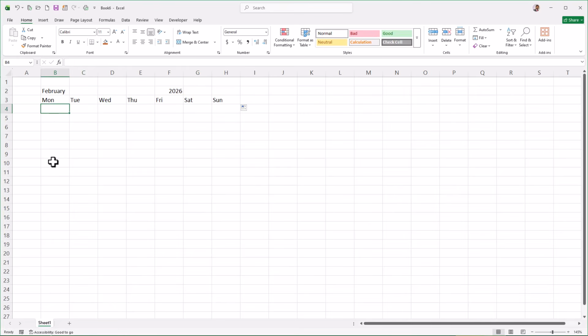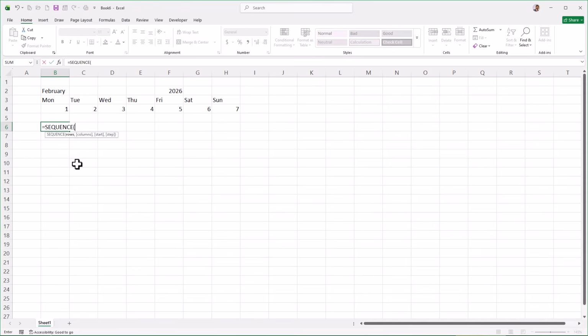Now, select the cell directly below Monday and enter the formula, equals SEQUENCE, open parenthesis, 1 for rows, comma, 7 for columns, close the parenthesis, and press Enter. Excel will automatically generate the numbers from 1 to 7. Now move to cell B6 and enter the formula, equals SEQUENCE, open parenthesis, 1 for rows, comma, 7 for columns,